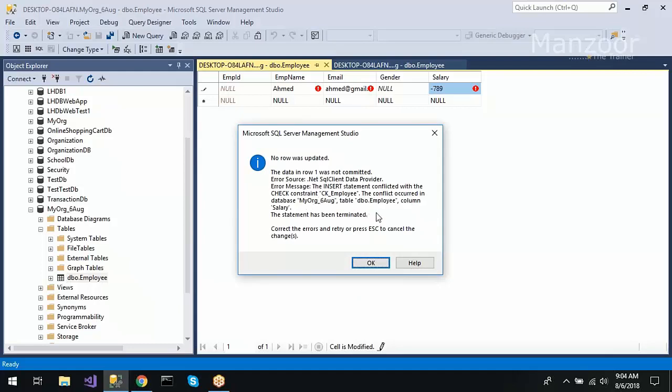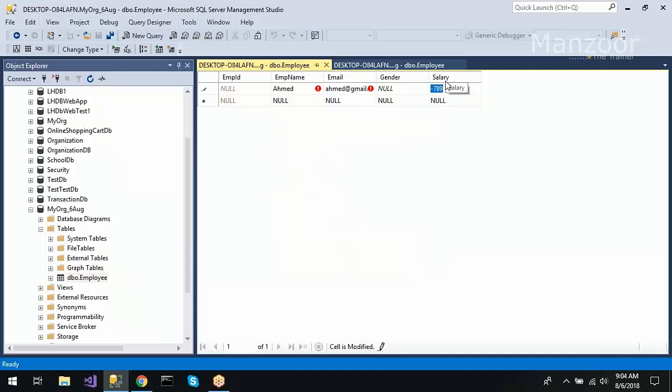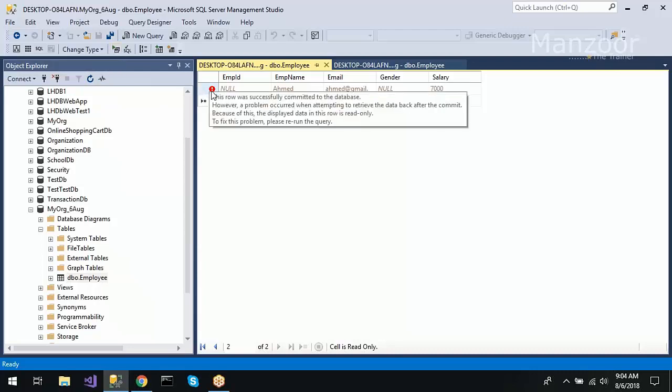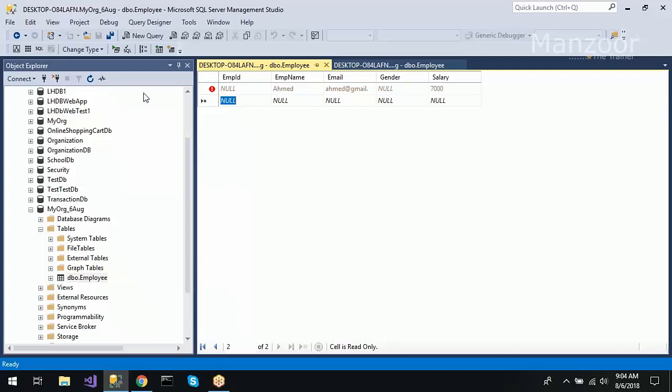The conflict occurred in this. So there is some check constraint on salary. So it cannot be negative. I'll say 7,000, that should take. Now let me execute this. There is a red mark, meaning it has not inserted the record here. So I'll execute. Now you see this, I got employee ID as 2, Ahmed, email address, gender by default M,